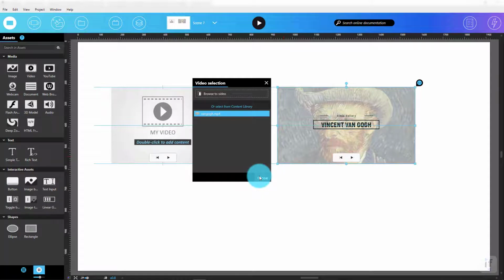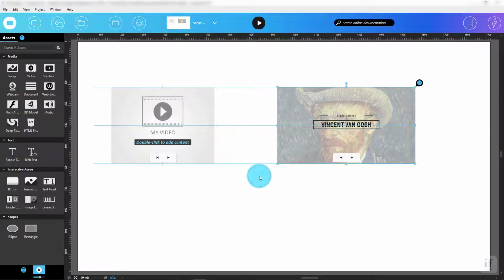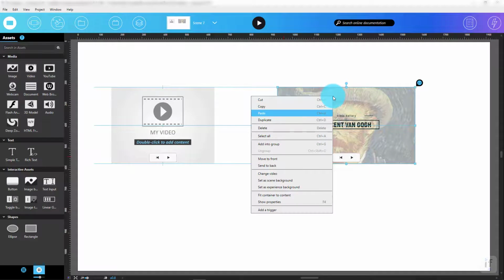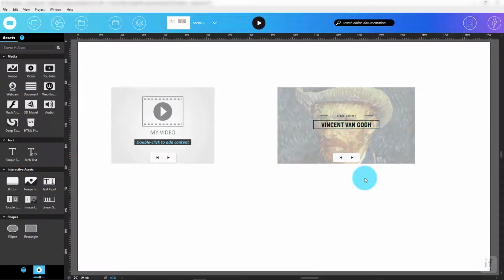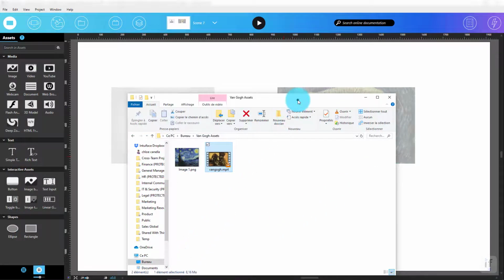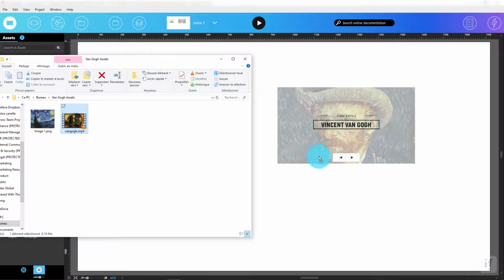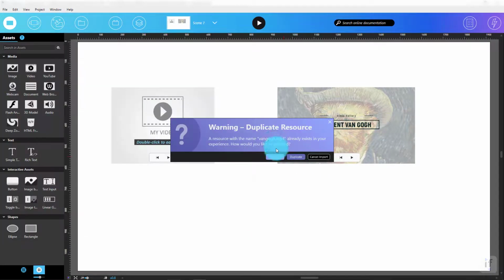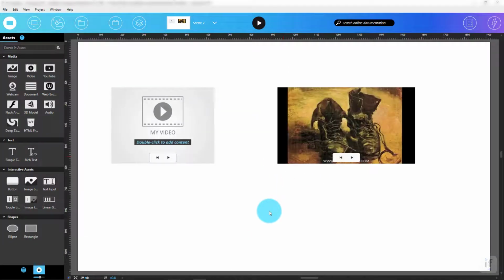Now imagine I created a new version of the original video and wanted to update it in my project. I can certainly import the new video using a different name and then reassign it to each video asset containing the older version. However, there's a better way. I can simply replace the video in the content library and Composer will update all uses of that media within the project. So I'll point to the new version of my video and there, it's updated everywhere it's being used.